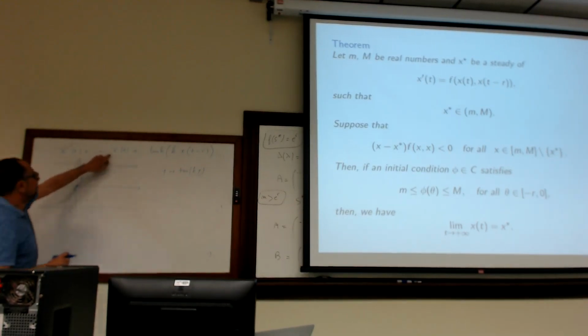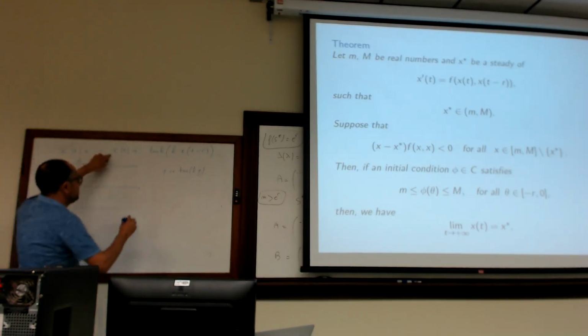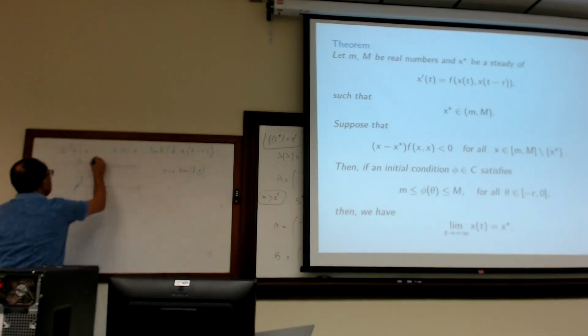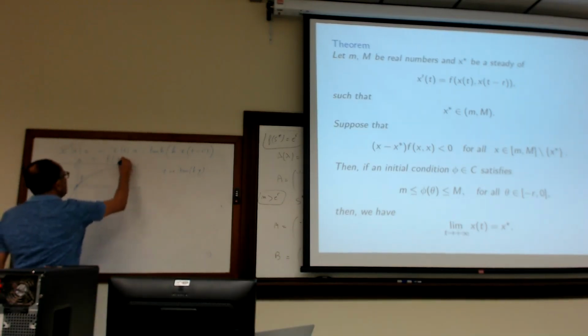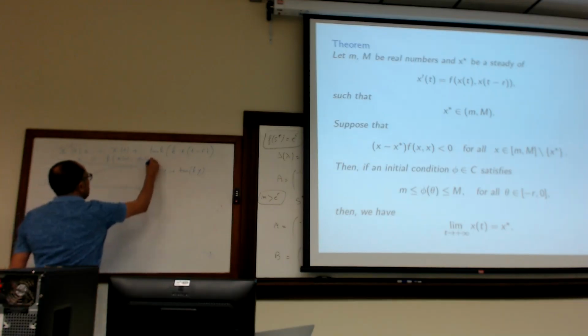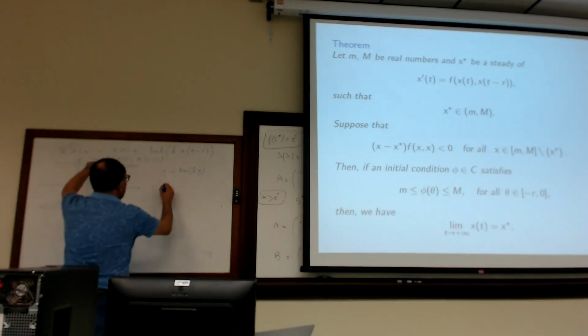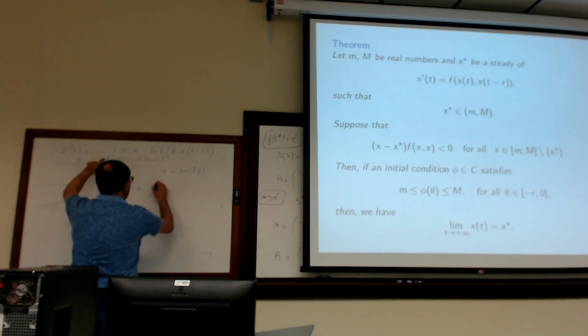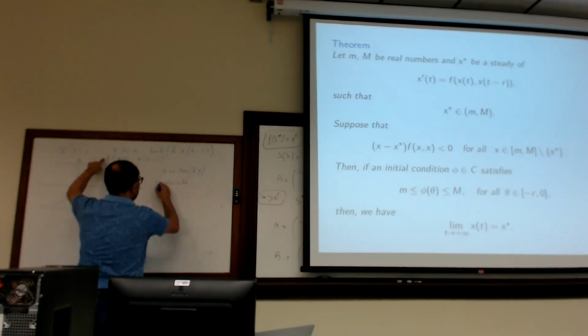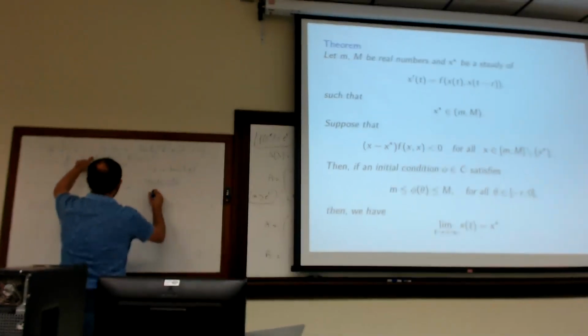And we look for a steady state. Before, because this system has this form, f of x of t minus r. Okay? The steady state